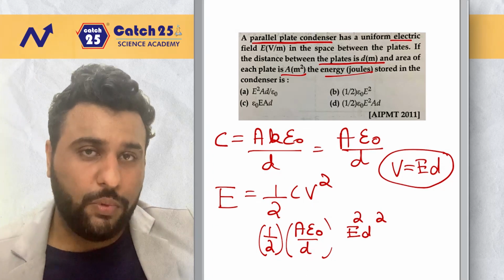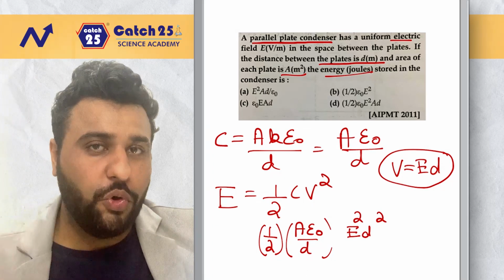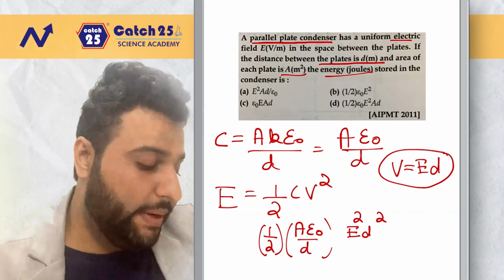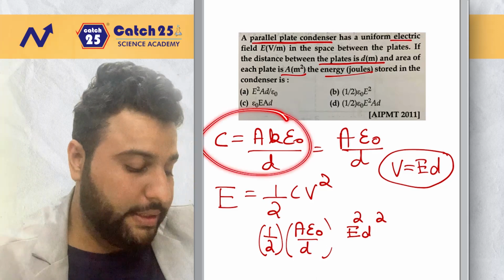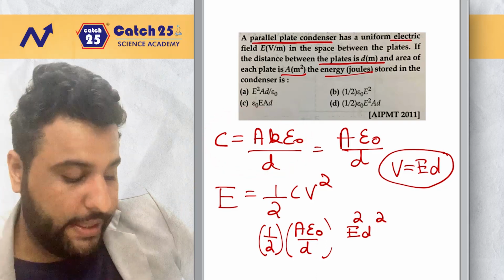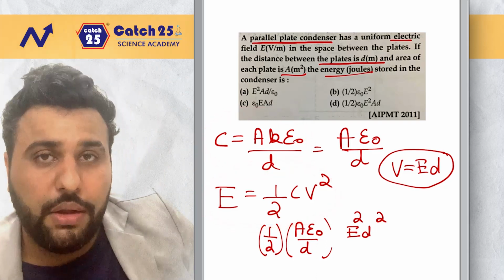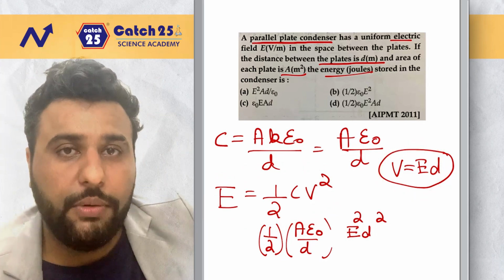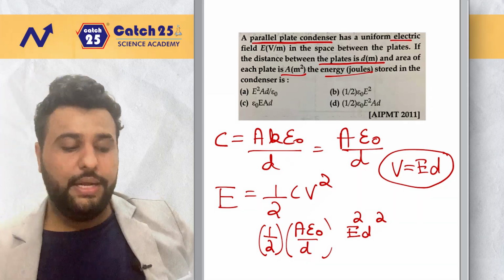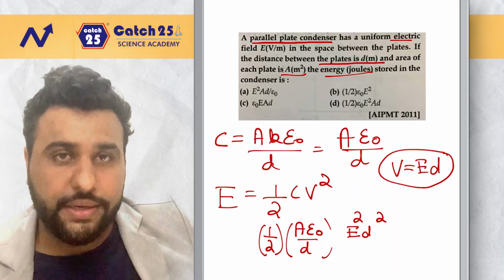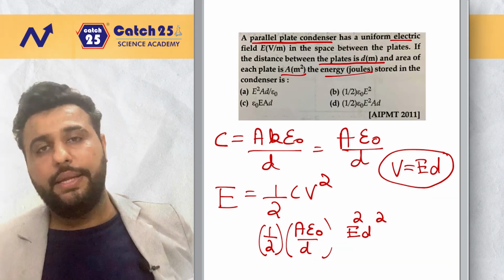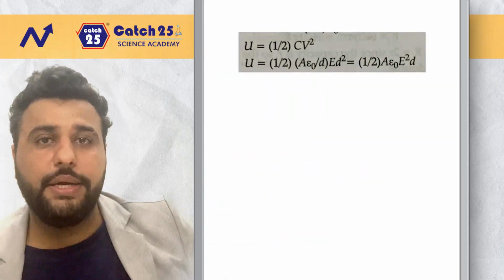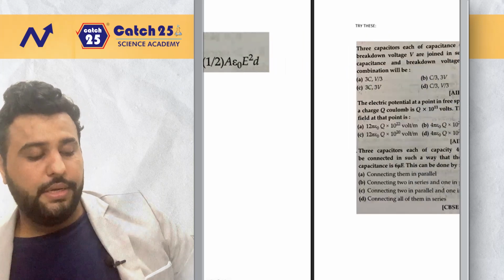Easy 3 formulae you should know, and all 3 are standard formulae. So the first formula, let me again highlight it for you. This is the capacitance of a parallel plate capacitor, this is the formula for energy stored in a capacitor, and this is the relation between potential and electric field. So if we can combine all 3 in a single formula, you will get the answer. And this is again in printed form for people who want it in that.